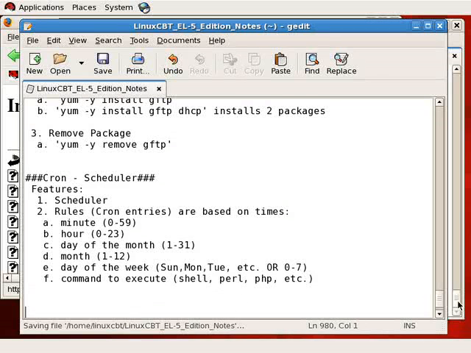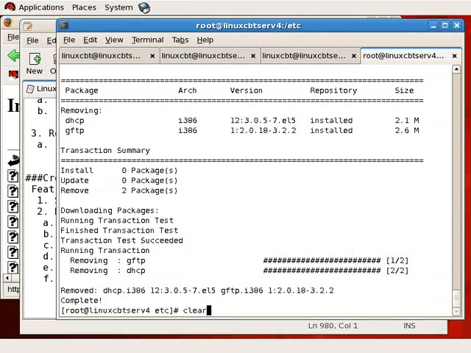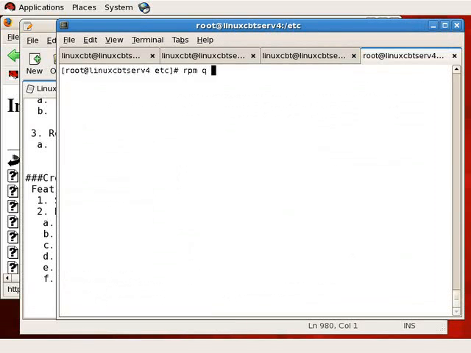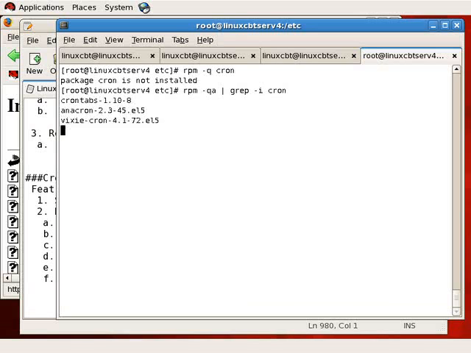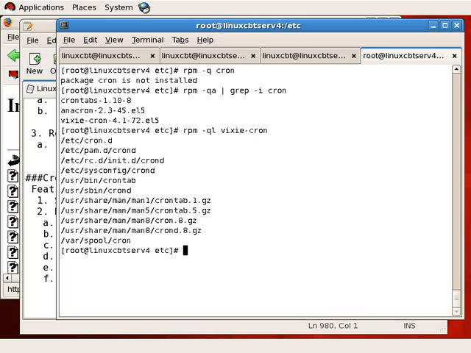Now let's take a look from the shell at how Cron is implemented. An rpm query for cron reveals that it's not installed. Query all, grep -i cron, reveals that it's indeed installed, but instead of as cron, it's called vixie-cron. An rpm query list: vixie-cron is actually split out into multiple packages, vixie-cron and cronie tabs, but vixie-cron reveals